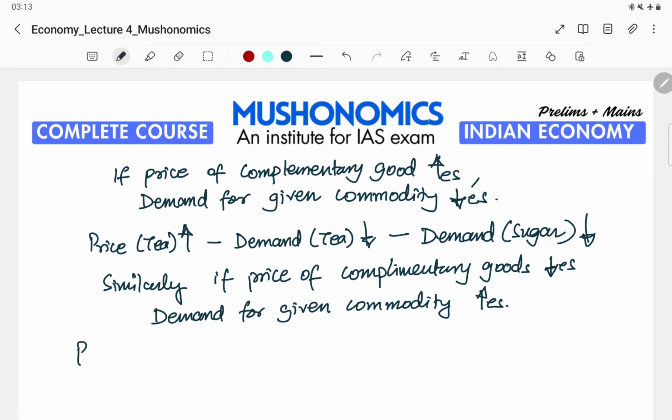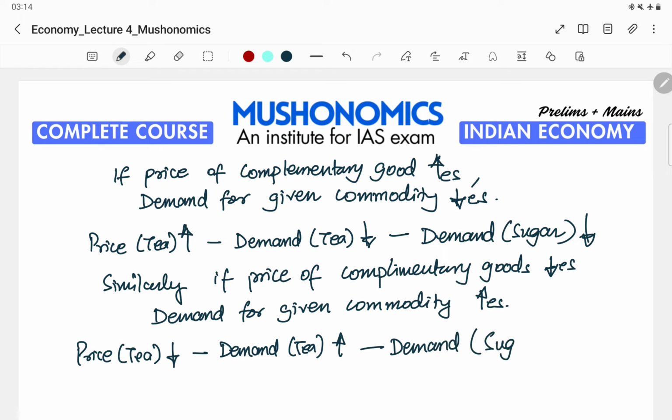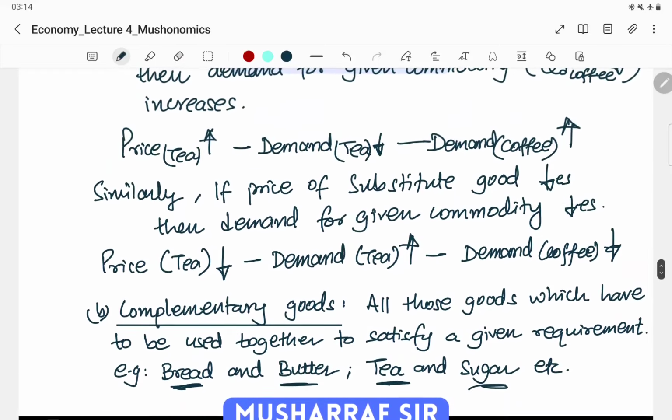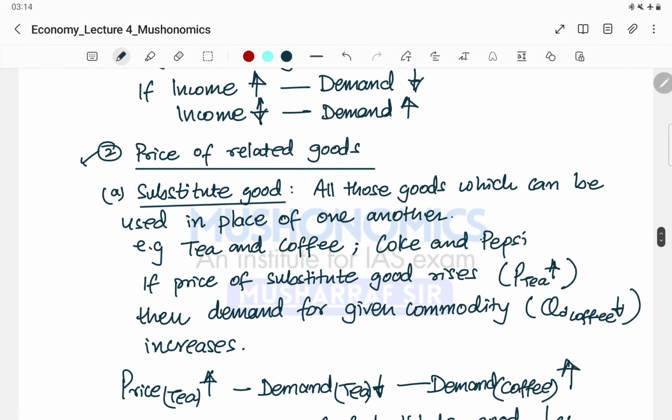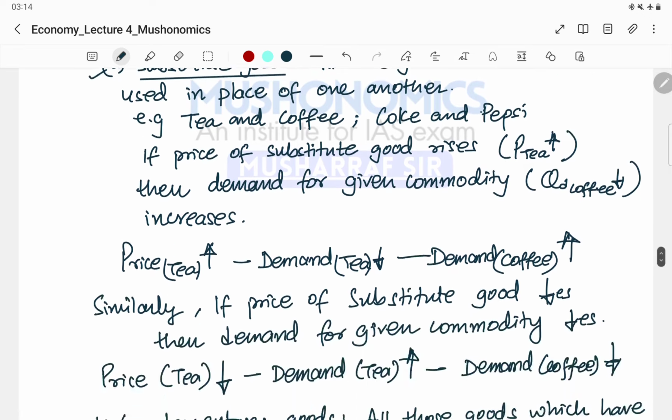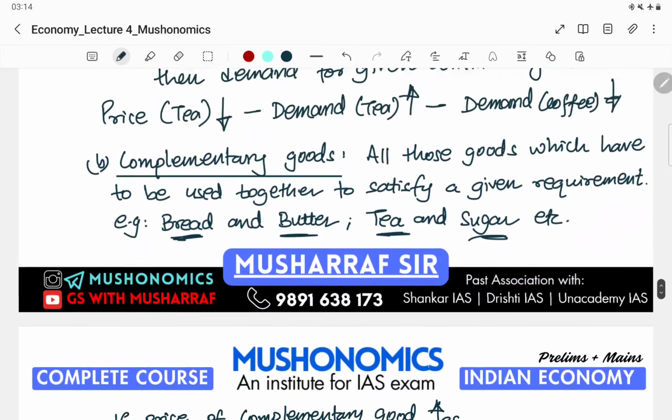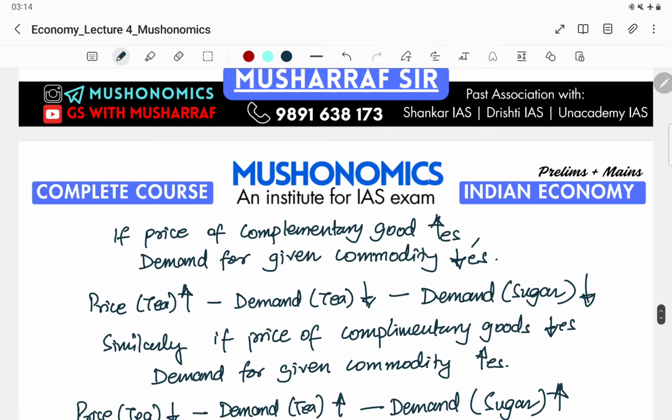So suppose the price of tea decreases, what will happen? The demand for tea will increase. If the demand for tea is increasing, then surely the demand for sugar will also increase, right? So this is what we can say about the price of related goods. We talked about substitute goods as well as complementary goods. Now we will talk about